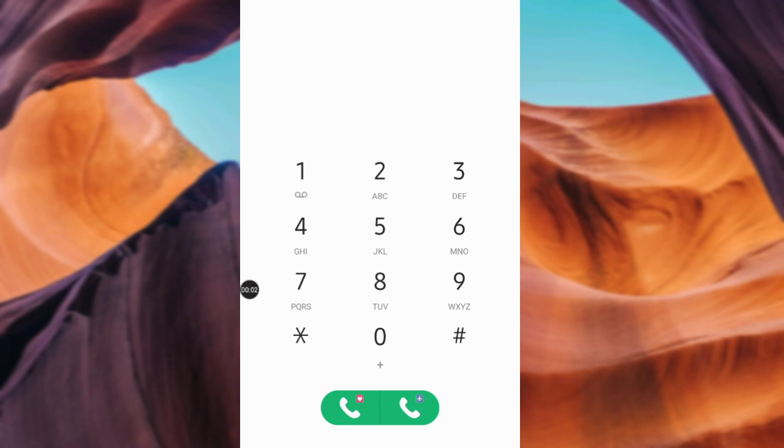So you just need this code in order to get this free MTN call. So you just dial *550#. This is the code that you just need to dial. All right,